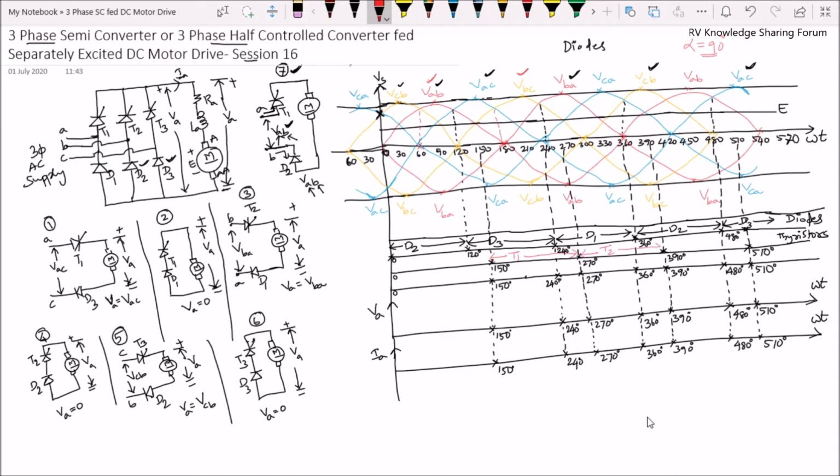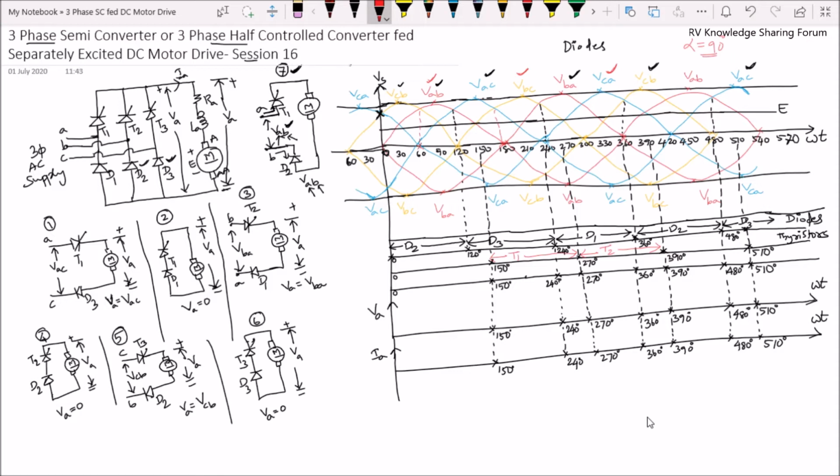At an angle of 270 degrees, the thyristor T2 comes into conduction. Now let us consider the line voltage VCA. In this, the first letter is C. C means thyristor T3. See here in the main circuit, the line C is connected to the thyristor T3. That means thyristor T3 will come into conduction for the line voltage VCA.